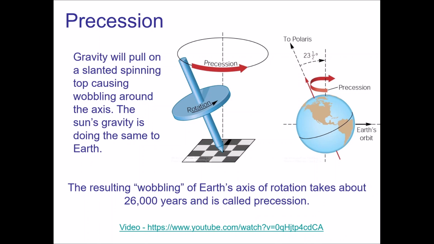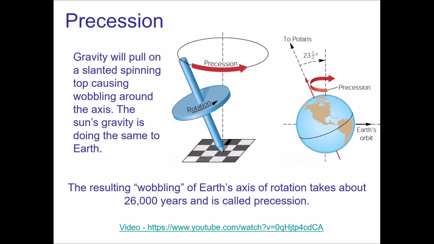Now, precession is kind of slow. I mean, a precessional period is 26,000 years. Now, I have a video stated at the bottom here, and I'll have a link in the description, but it's the same video that I had mentioned back in chapter 2. So you might have already seen it, but it kind of demonstrates what precession looks like. They use like a top and a special device to illustrate it.